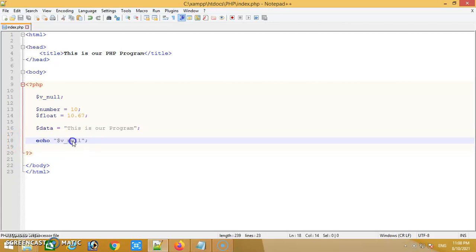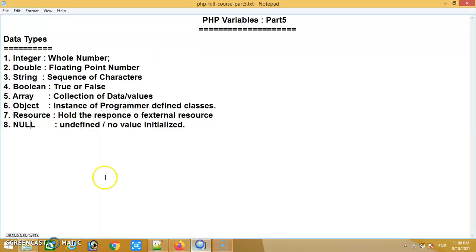So for the null data type, no value is initialized. If no value is initialized, the variable's value will be undefined.